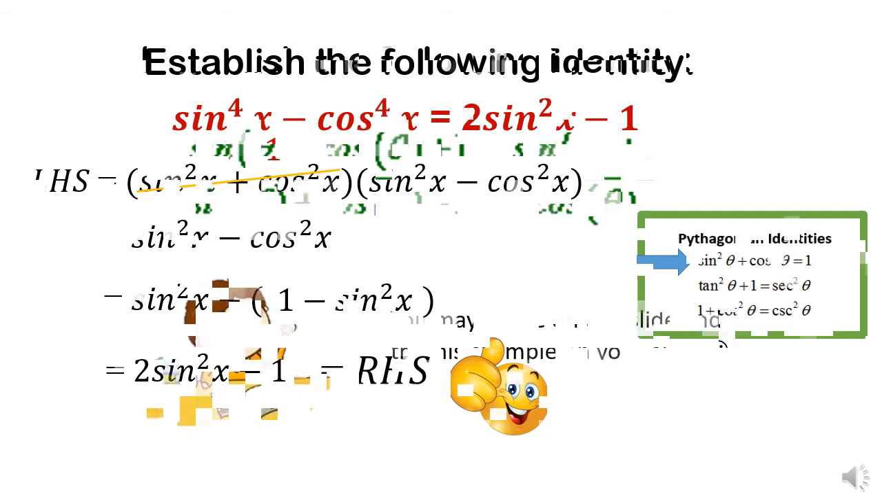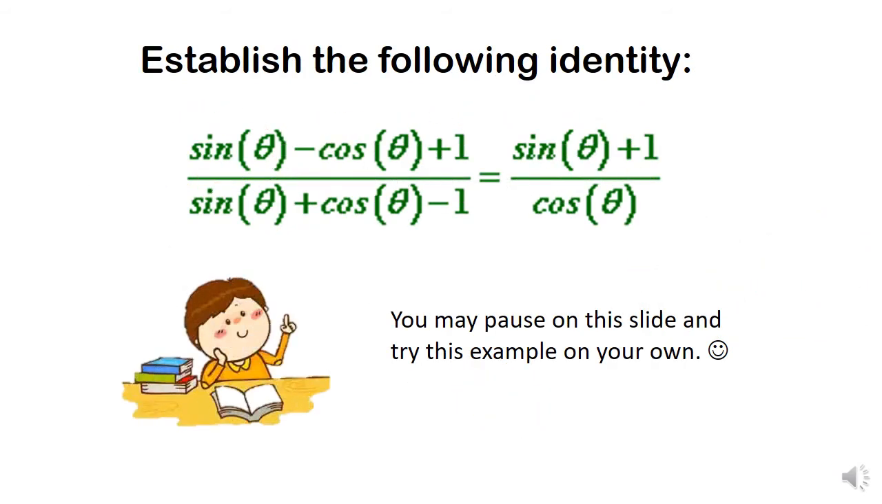Okay, this one, how do we establish the following identity? This is more complex than the previous ones that we have proved. You may pause on this slide and try this example on your own. But to proceed,